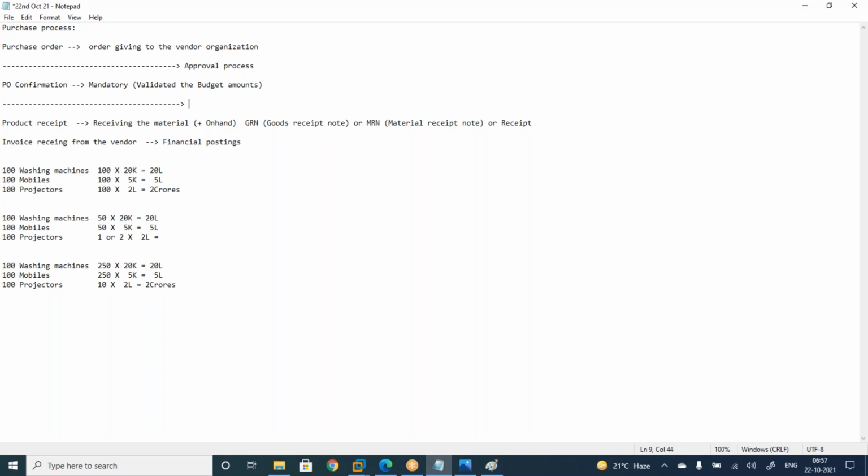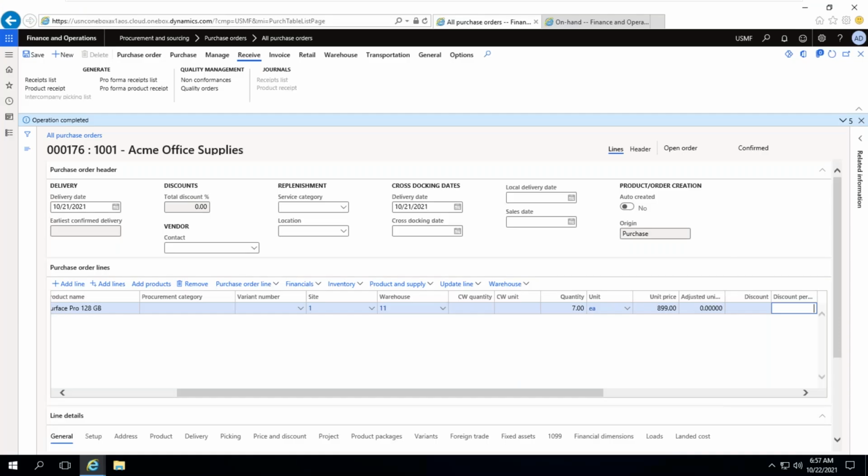Okay. In this receipt list, registration, there are so many things. In one shot, I cannot explain it. I will explain later. Okay, so without approval also, I can go with confirmation. With confirmation alone, I can also go for getting the material. Am I right? Yes. In the standard application, with the confirmation, you can proceed.